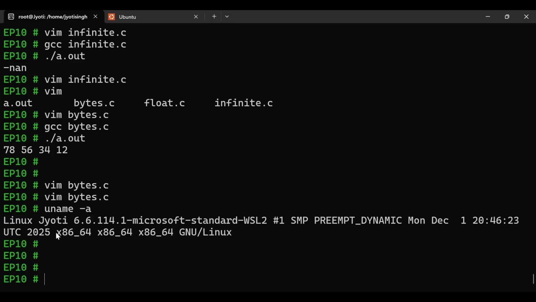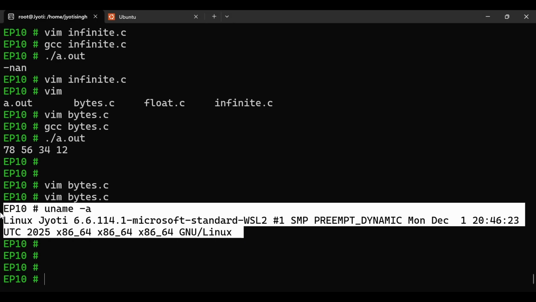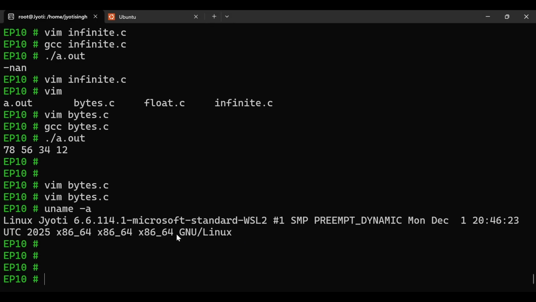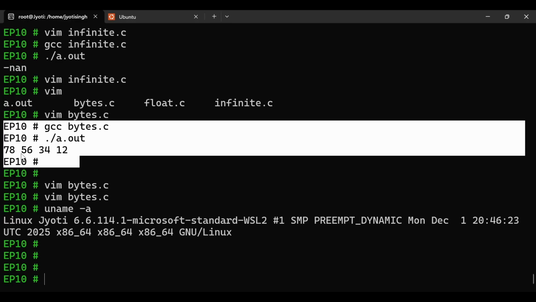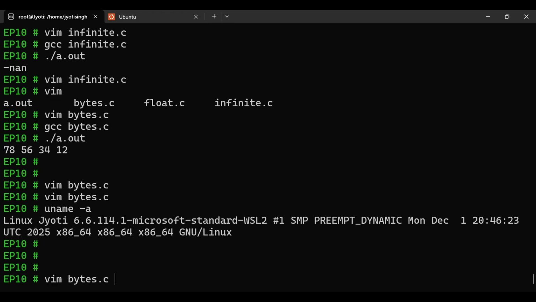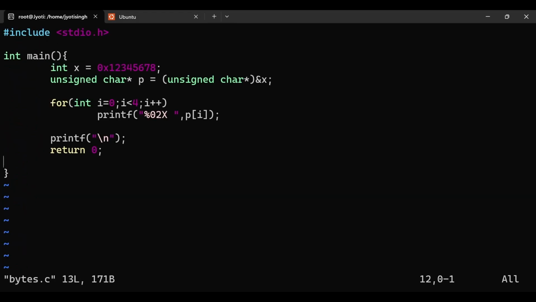Underneath, the architecture is x86_64 GNU/Linux. So at the end, it is a host machine having x86 architecture, which uses little-endian format to represent its byte order. That is the reason we are getting the byte order in this format, that is, LSB has been represented first, then the MSB. This is why byte ordering or endianness is so important when we are dealing with packets, because the complete representation of the byte order will change.